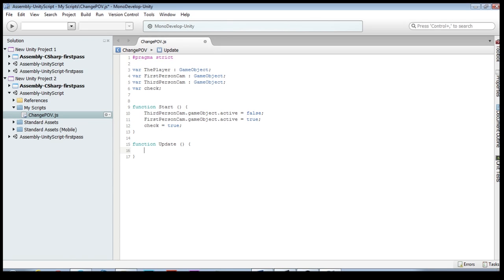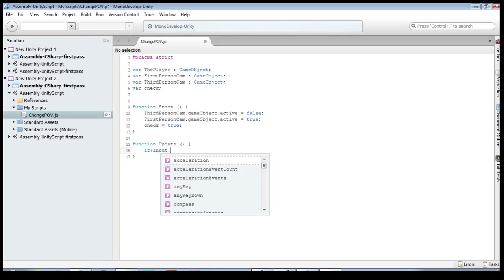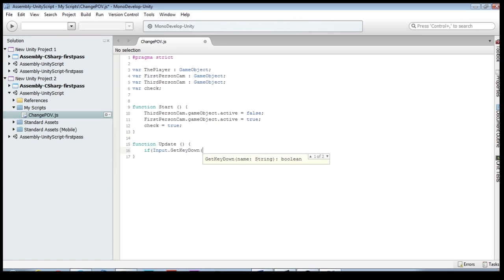So we're gonna be using an if statement to detect what button is being pressed. So we're gonna go ahead and say if Input.GetKeyDown, so it's saying when the button is being pressed and let go. And we're gonna put